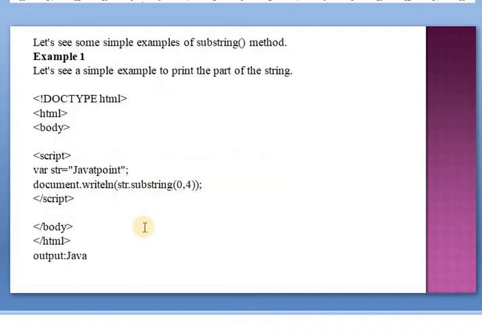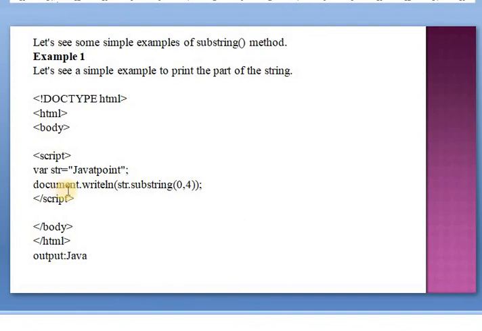Let us see some more examples of the substring method. A simple example to print a part of a string. In this example, I am assigning Java T point to the variable str.